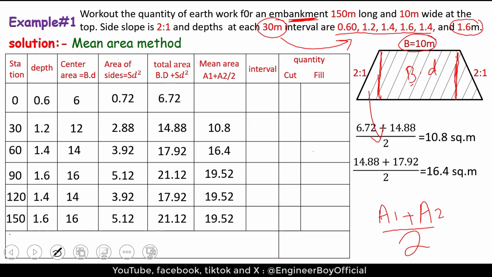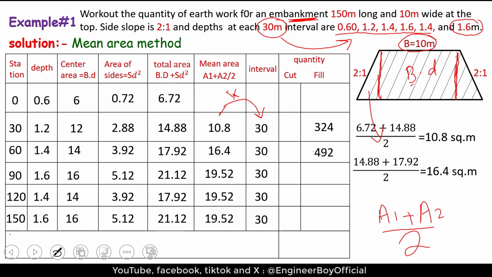Now, we have an interval that is just 30 meters. That means the distance between two stations is just 30. Now, area times the distance should be the quantity. That is the area, and we will multiply that with the distance. So we can have the quantity. 10.8 times 30, that should be the fill,